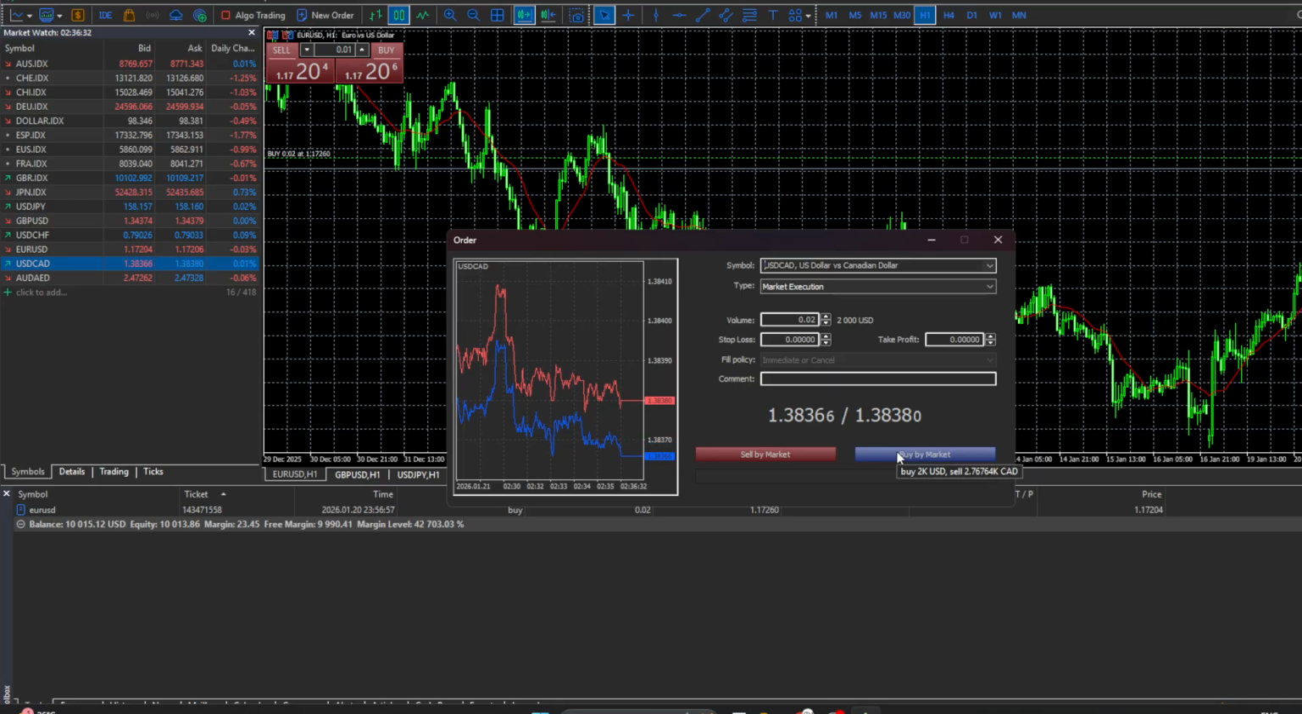Once all the order details look correct, simply follow the on-screen prompts. For a market order, you'll usually click either buy or sell, depending on the direction you want to trade. The platform will confirm that your order has been placed, and you should see the new position appear in the terminal or trade panel at the bottom of the screen. From there, you can monitor your open trade, modify your stop loss, or take